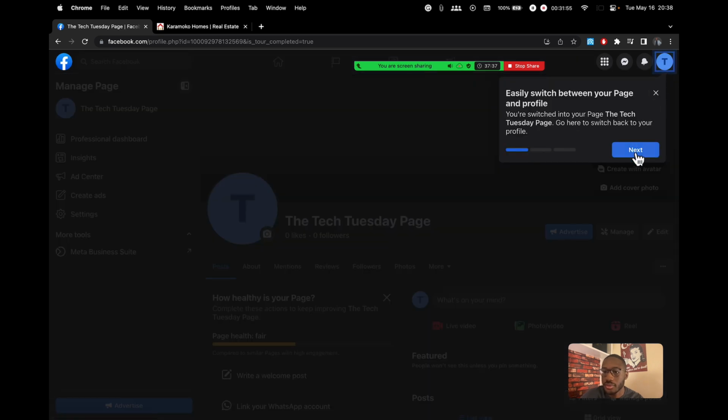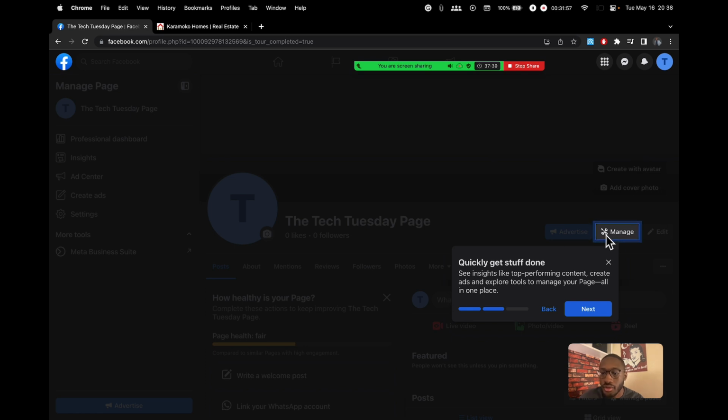So that's that. I'm going to click next, and then here you can manage your page by clicking this manage button here. You can create ads. You can see insights about your page by clicking the manage tool. But obviously, because there's no post, we just made this, there's not going to be anything to see insights about. But that would be where you would click to see all of that information.